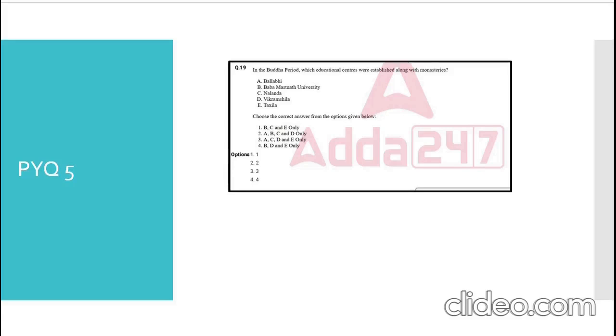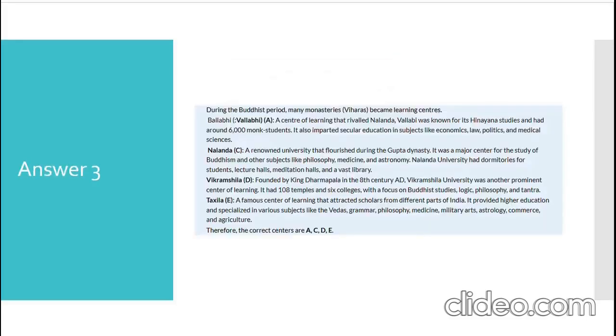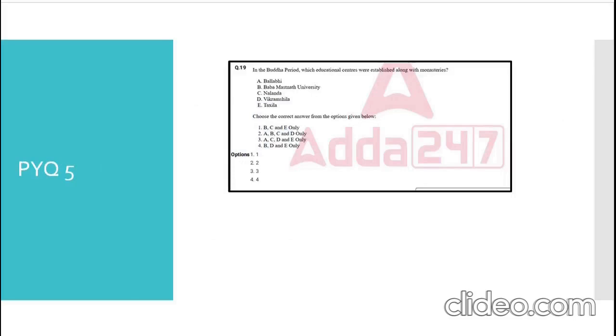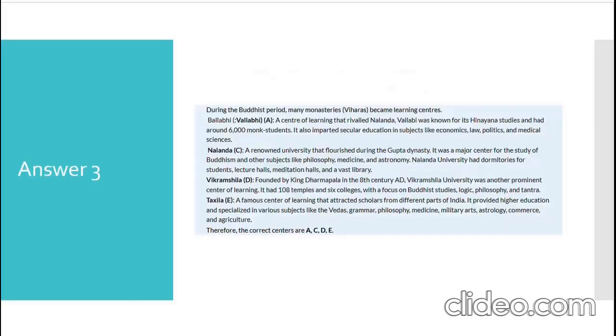The correct answer is option 3, that is A, C, D and E only. Let us look at the Buddhist period. Monasteries, that is viharas, were known as the monasteries and they became the learning centers. So the first one is Vallabhi, that is a center of learning that